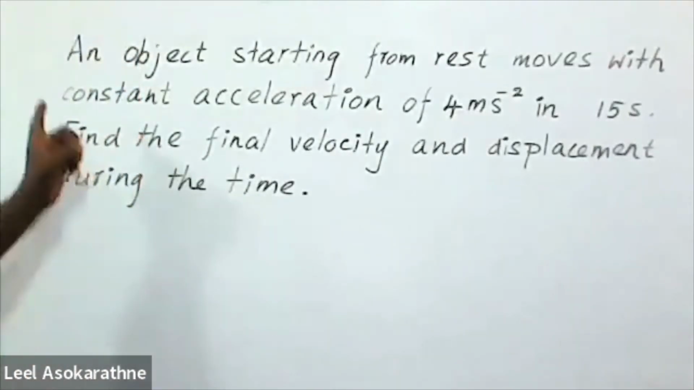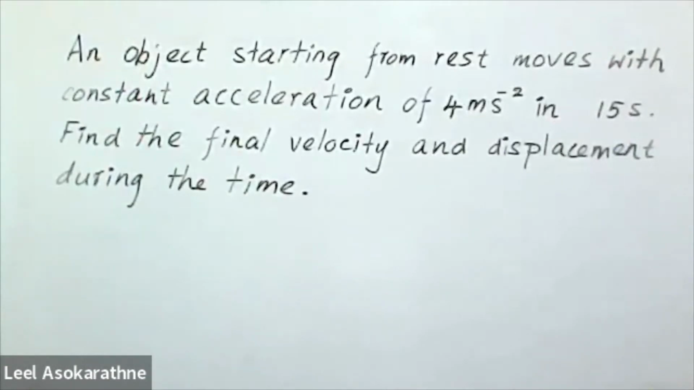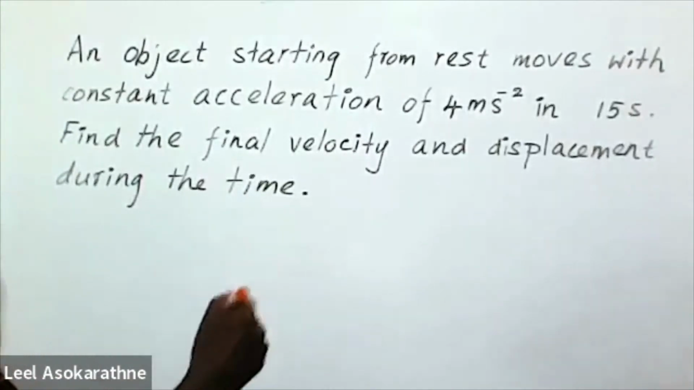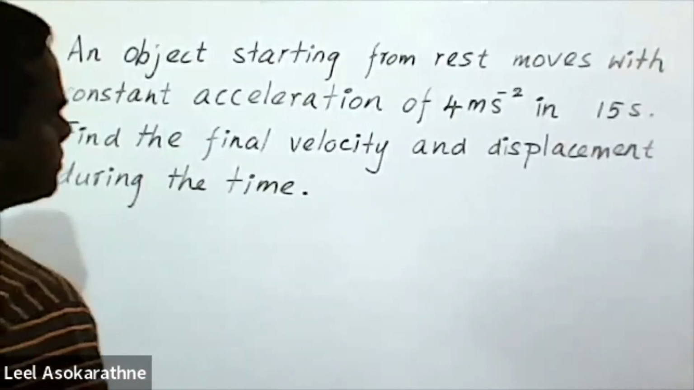a question. An object starting from rest moves with constant acceleration of 4 meters per second squared for 15 seconds. Find the final velocity and displacement during the time. When we read a question, especially in the exam, we should be very careful, because when you read it, you can highlight those important points in the question. Here, object starting from rest,